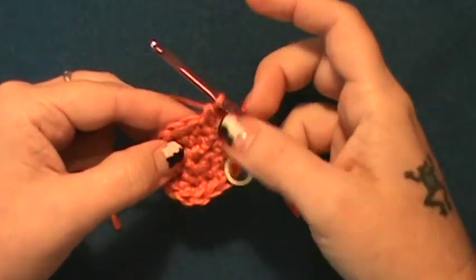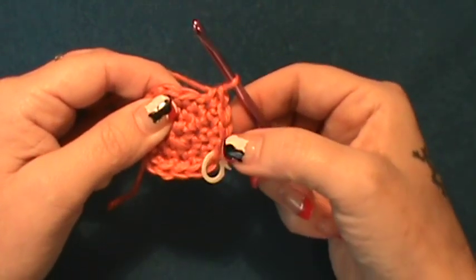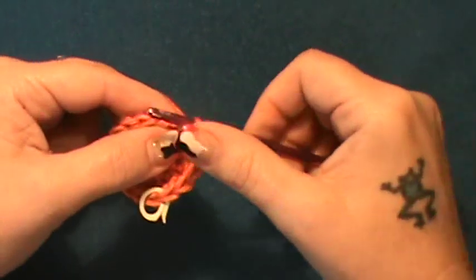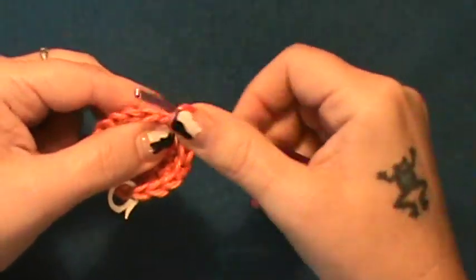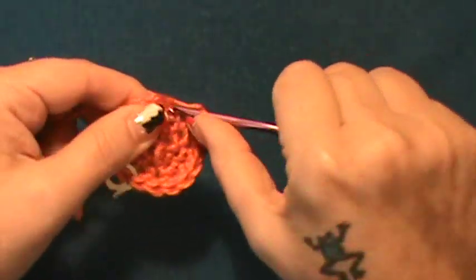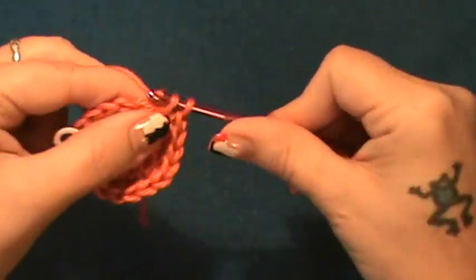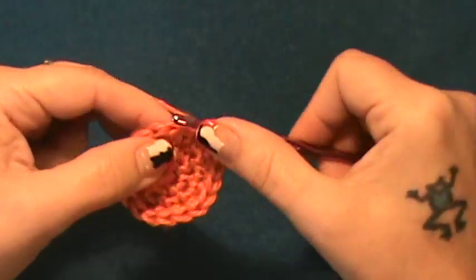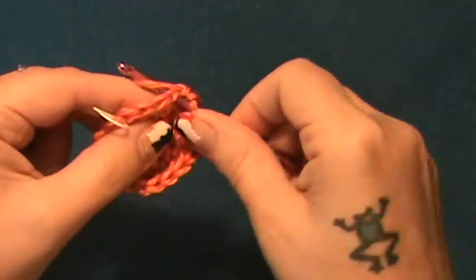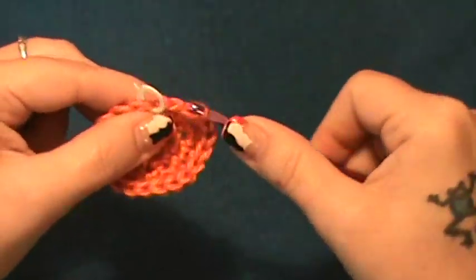So every row you increase gets another individual single crochet in it before you get to your increase, okay? So single, single, double. Then you get to go to another single, single, double. So just kind of funny terminology. So you get 1, 1, and 2. 1, 1, and 2. In the last set, 1, 1,